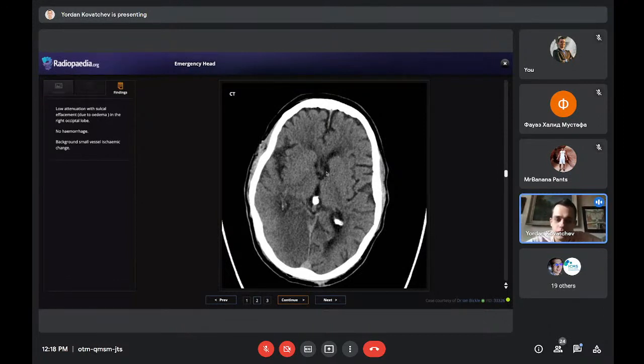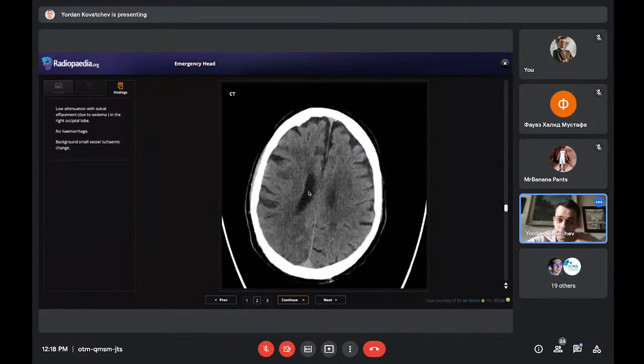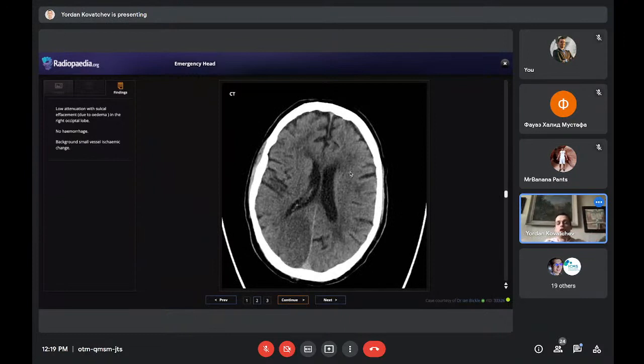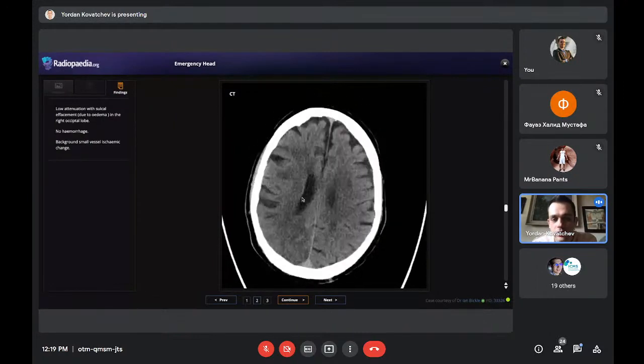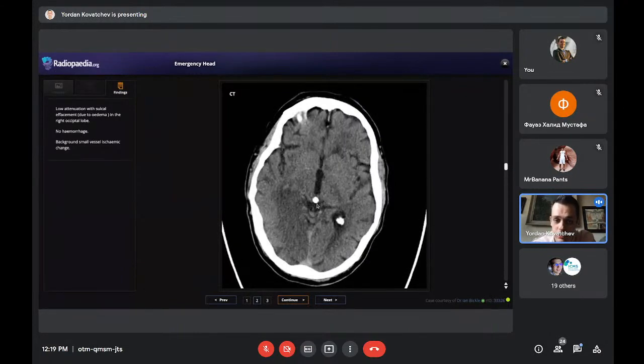And the reason for that is, and you'll see later when my colleague shows you what blood looks like in the brain, that if there is no hemorrhage, this means that this patient can be treated with intravenous thrombolysis, and this is really the first step in treatment. So the first thing you need to look for in the brain is if there is hemorrhage. You'll see later how to do that. I'm showing you ischemic changes now, but